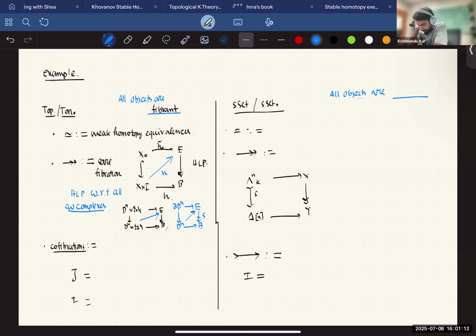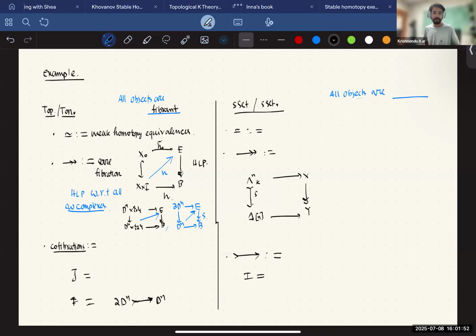Now, as you have already seen, cofibrations are all those maps that have lifting with respect to your trivial fibrations, right? You remember that? This map, delta dn to dn, enjoys the left lifting property with respect to your trivial fibration. What does that mean? That means that this delta dn to dn